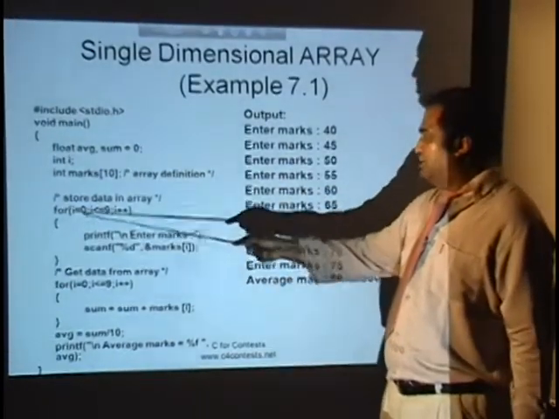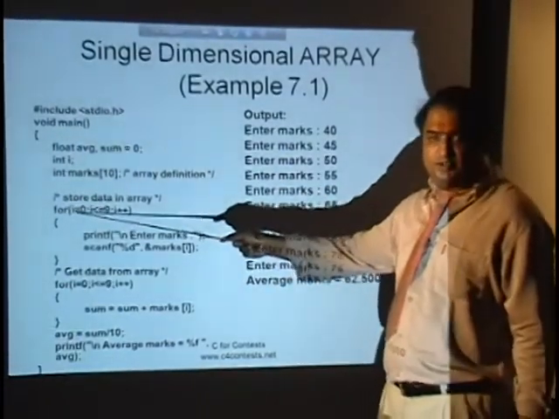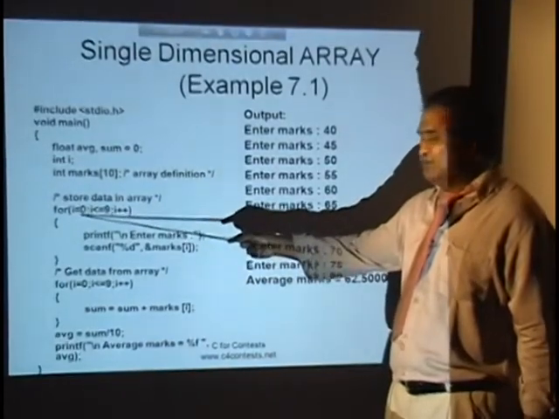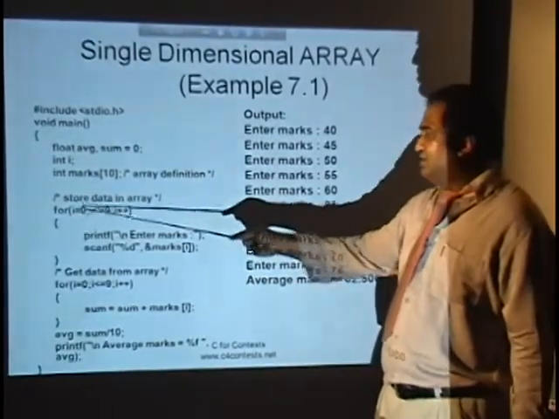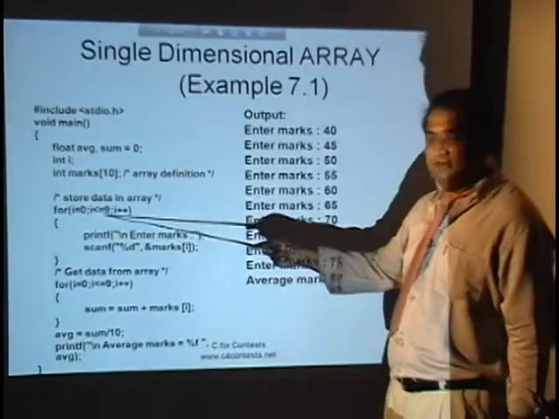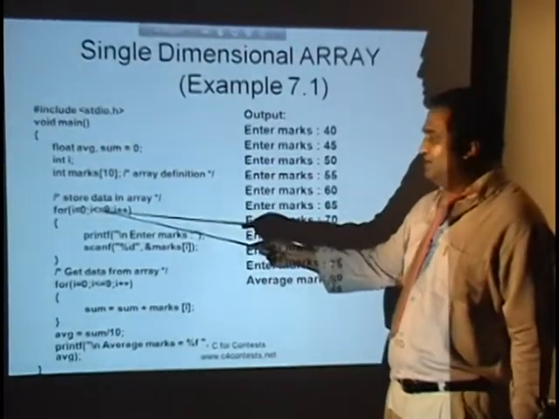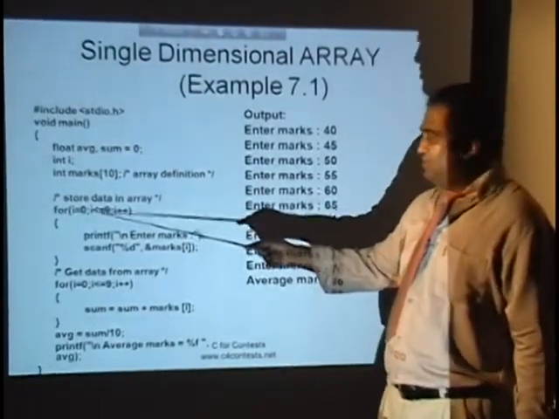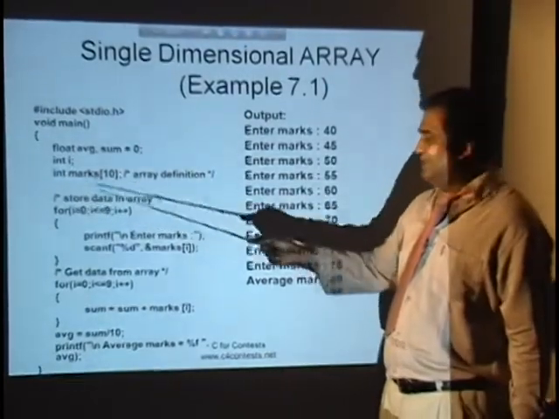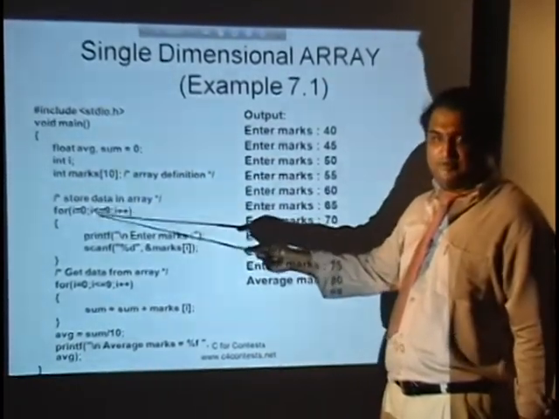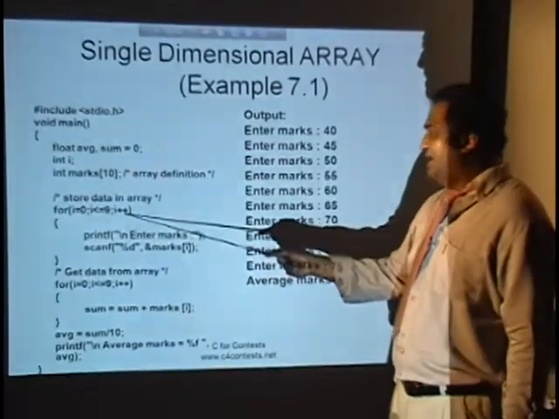So we have a for loop, a control structure we have already looked at before. i starts at 0, and the condition is i less than or equal to 9. This is very important, because if you write 10 here, the array is going to overflow, since i starts at 0 and ends at 9: 0, 1, 2, 3, 4, 5, 6, 7, 8, 9. That's 10 elements. Then i plus plus.